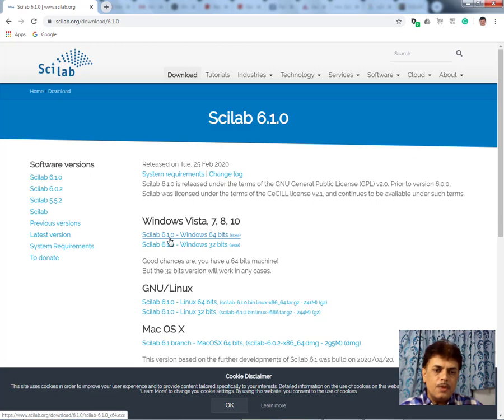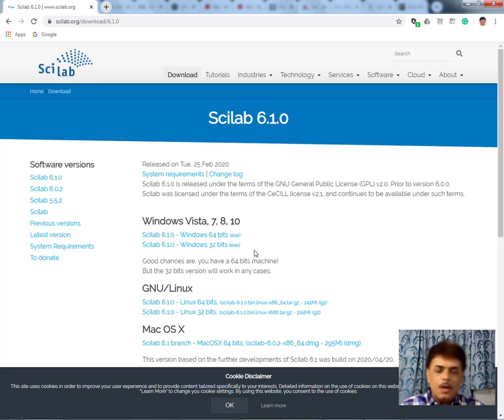Here we are given two links for Windows operating system, the setup for Scilab 6.1.0 Windows 64 bits and Scilab 6.1.0 Windows 32 bits, and other operating systems like Linux and Mac OS are also included over here. As in this session we are going to download setup for Windows.